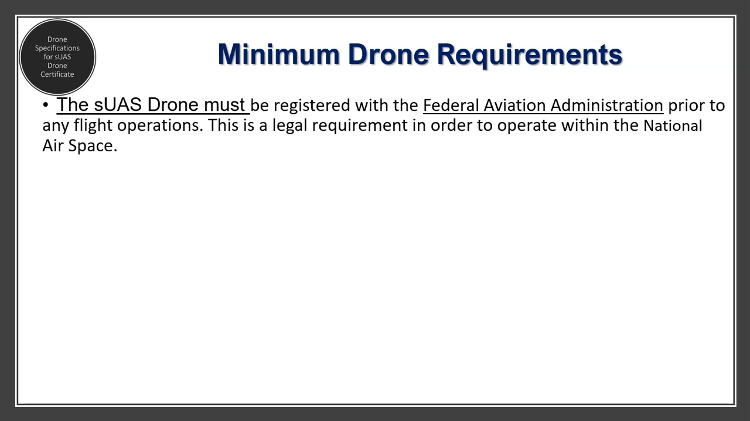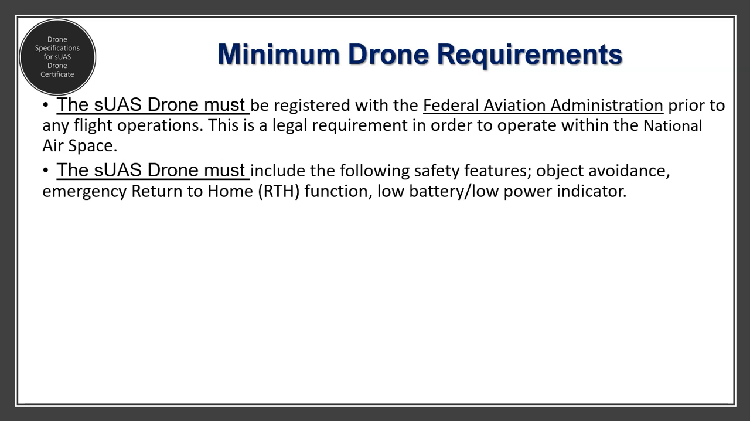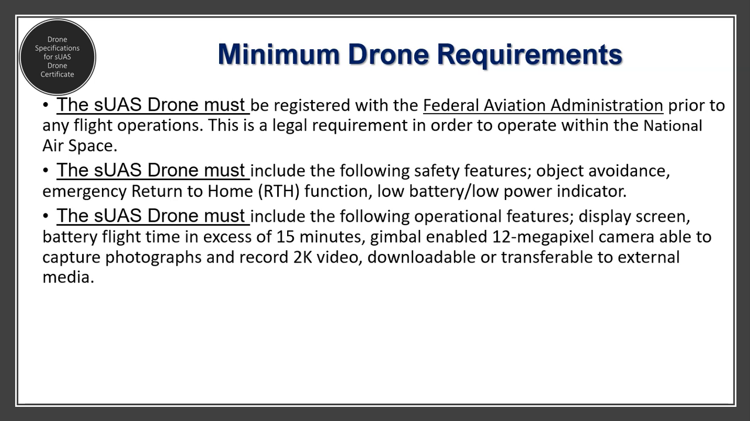Also, the UAS drone must include the following safety features: object avoidance, emergency return to home or RTH functions, as well as low battery or low power indicators. The UAS drone must also include the following operational features: a display screen, battery flight time in excess of 15 minutes, gimbal-enabled 12-megapixel cameras or higher, as well as the ability to capture photographs and record in at least 2K